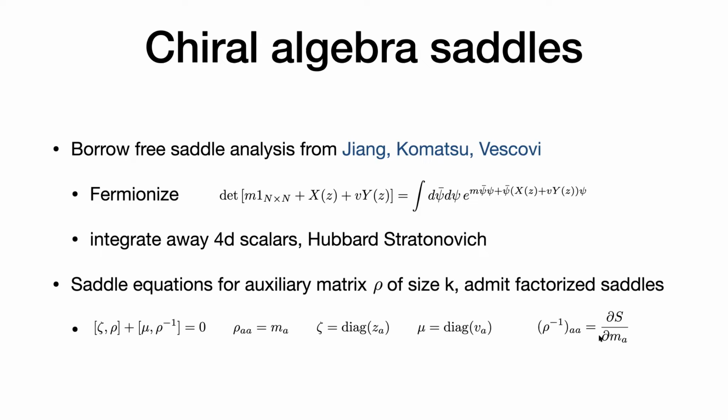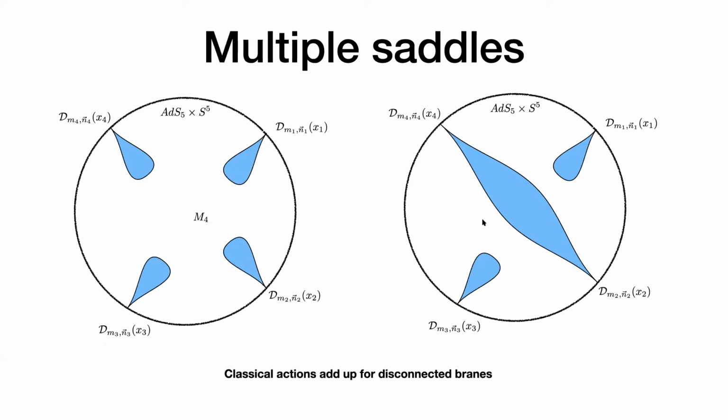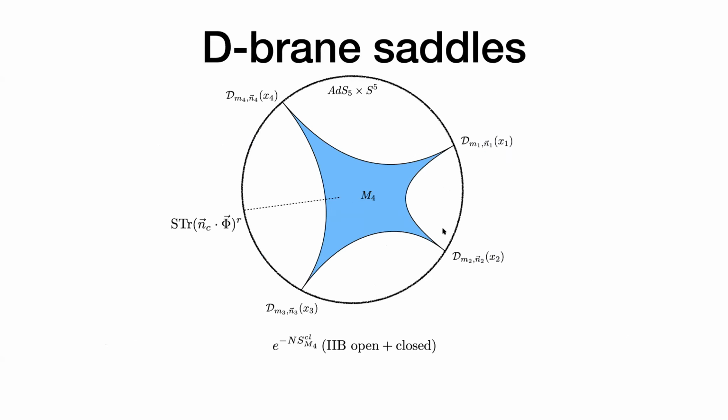A nice feature of these equations, which is immediately visible, is that I can look for solutions which are block diagonal, where rho is 0 outside some block diagonal parts. Then the equations hold within each block. And this represents solutions with multiple connected components. If you want to look for a solution that represents a